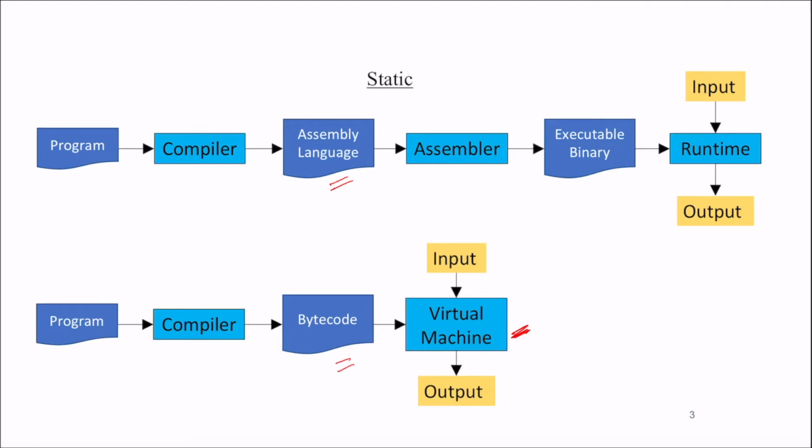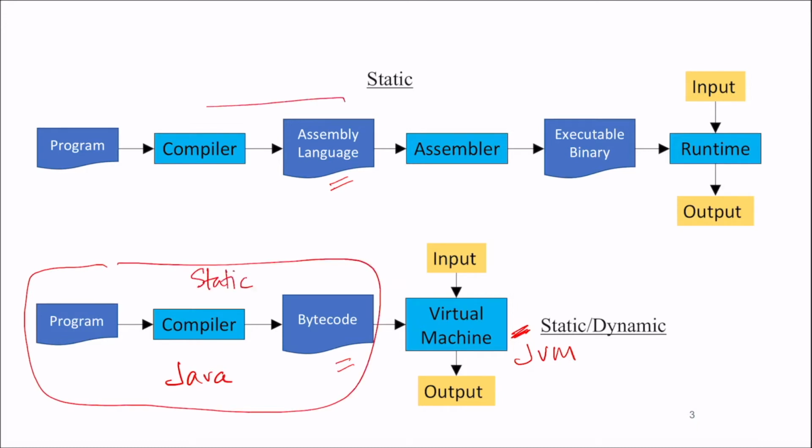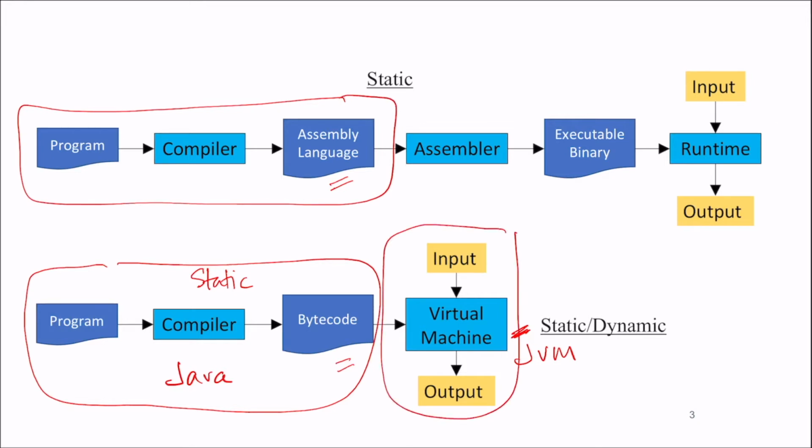For example, if you look at Java, the Java compiler produces bytecode, which is run on the Java virtual machine. And one of the advantages of this is, as it's running the code on this virtual machine, it can do optimizations on the fly as it's running the code. It's called just-in-time optimization. So the difference between a compiler that produces assembly language and a compiler that produces bytecode is that this one is a mixture of static and dynamic. If you look at this part over here, this part is static, just like this part of the compiler over here. However, this aspect of running it on a virtual machine is more dynamic because it can dynamically adapt to the situation, and it can catch errors in the source code at this stage over here in the static phase, and at the same time have the benefit of an interpreter in that it can dynamically execute the bytecode and take advantage of this dynamic